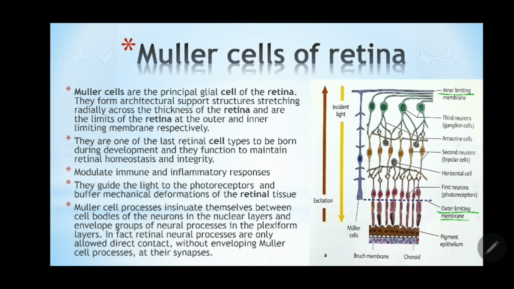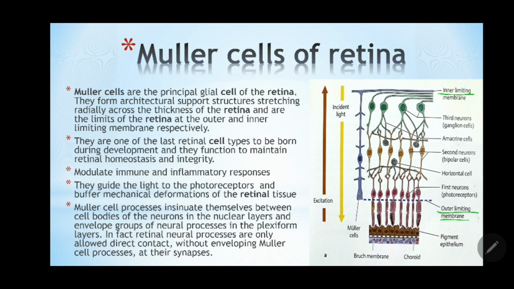The other thing is, they have these transverse processes, right? As I told you, all the neurons in the retina are unmyelinated. To prevent the dissipation of these impulses, they need insulation, and you don't have oligodendrocytes here. So the Muller cells with their processes prevent the dissipation of impulses, or rather provide insulation between the neurons. So that's the second purpose.